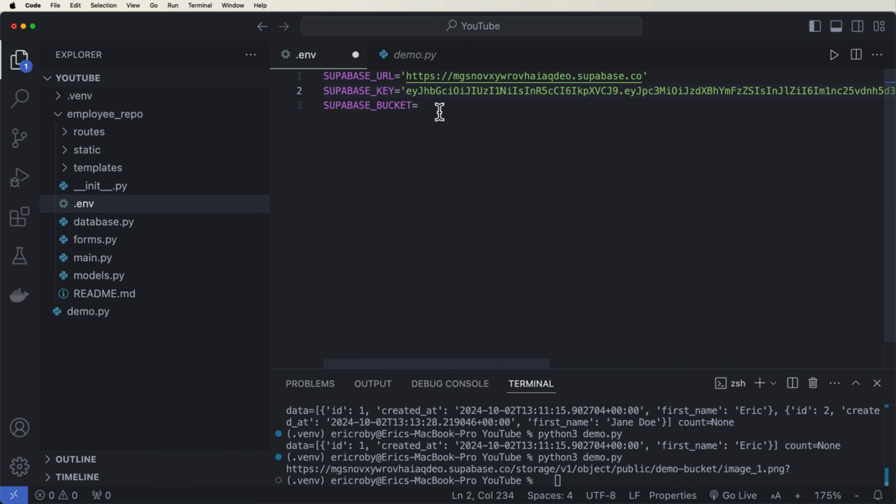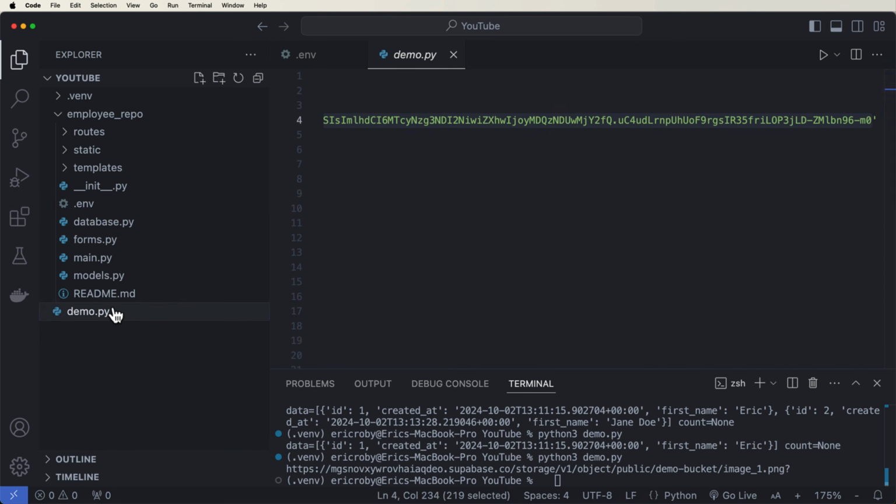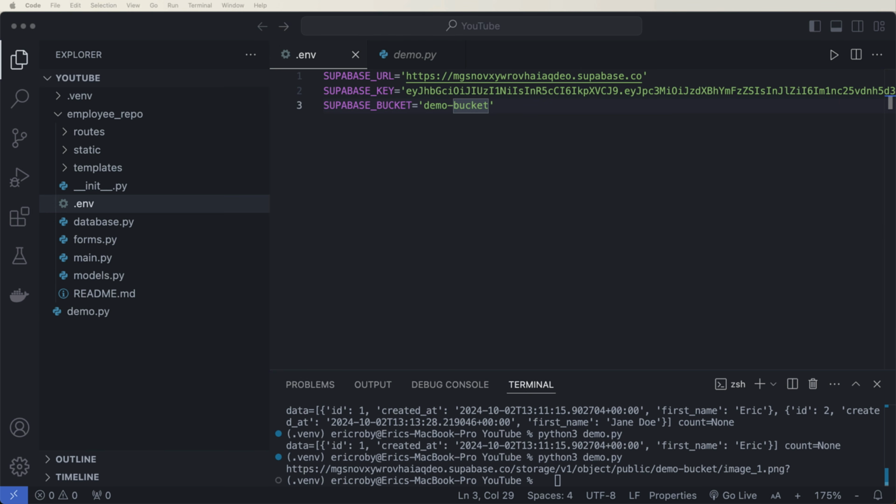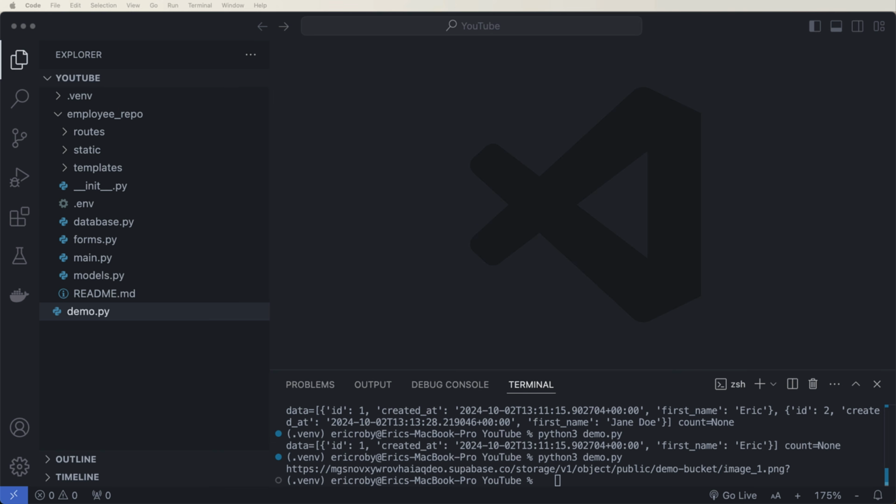And then our bucket is just going to be demo bucket. And that's the same bucket that we have right here where we were submitting images before. And I'm going to delete that image and then re-upload it as a user in a little bit. All right, perfect stuff. Now, the very first thing that we need to do to get this even working is